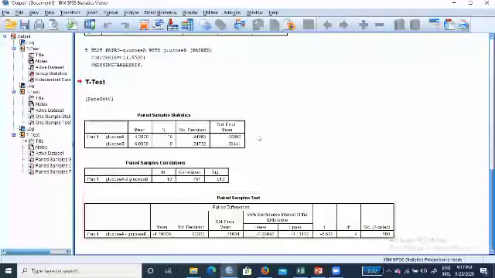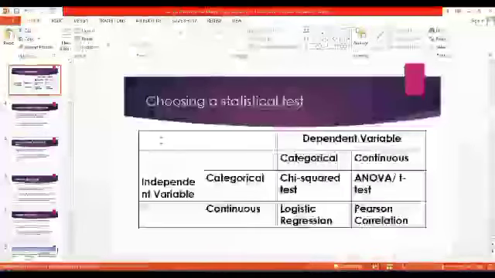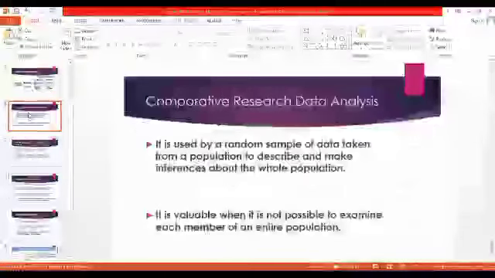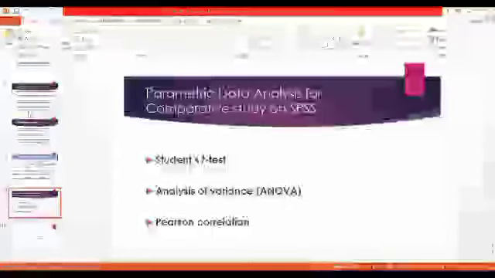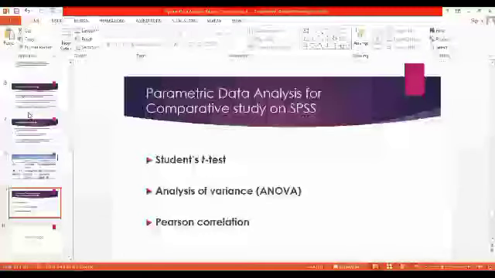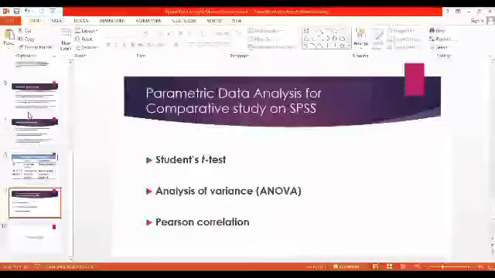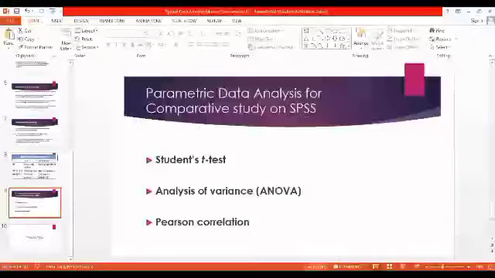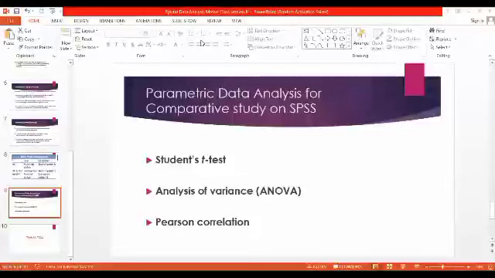These are the three types of tests that we can use in SPSS for comparative study. Now back to our slide. The next one is Anova. Anova is a very easy statistical test. The only difference is that unlike the other one, the t-test,